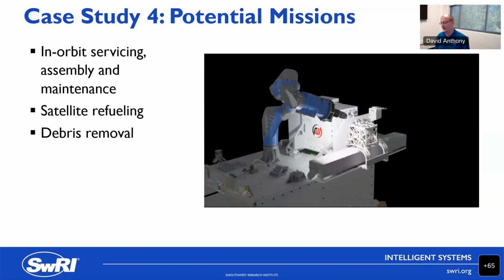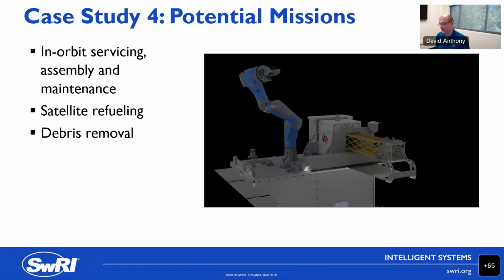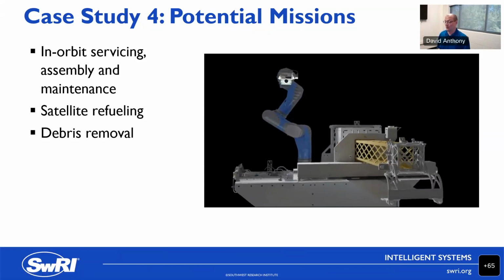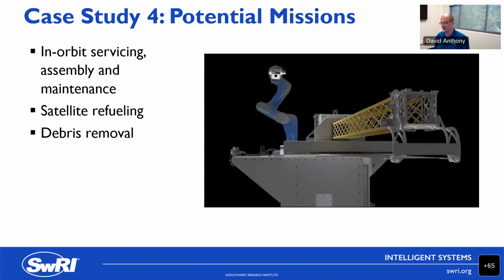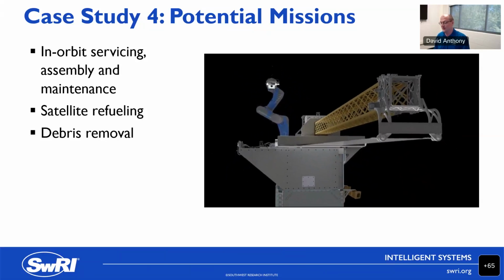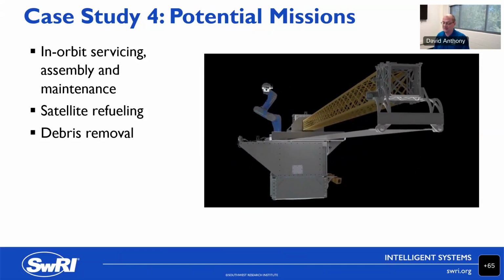So we can go up there, and if a satellite is damaged, we can actually go up and fix a satellite in orbit, whereas in the past, we would either put it into a parking orbit or deorbit it entirely. We can actually go up to space and fix things, but this is going to require a lot of complex computer vision and AI. Also things like satellite refueling,